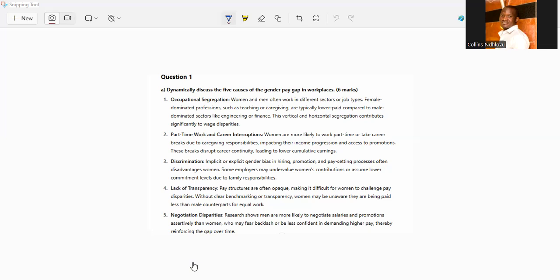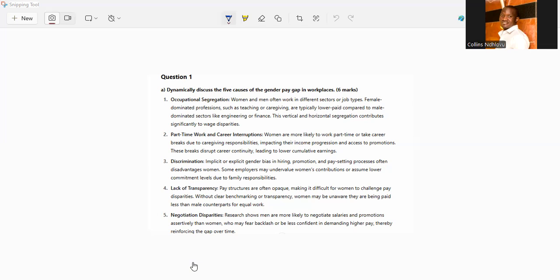The other cause that may come about would be hidden pay information, which comes from a lack of transparency. In some companies and countries, workers don't know how much others are paid. I have a friend who works at a certain school, who says we get different pay depending on how much you bargain. This makes it hard for women to know if they're being underpaid compared to men, despite doing the same thing. Without clear information, women can't ask for fair pay. So usually, look into policies.